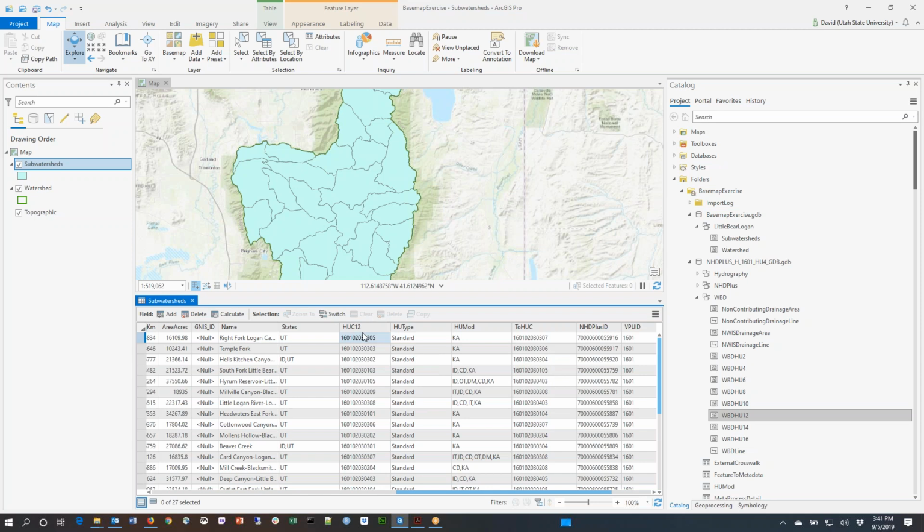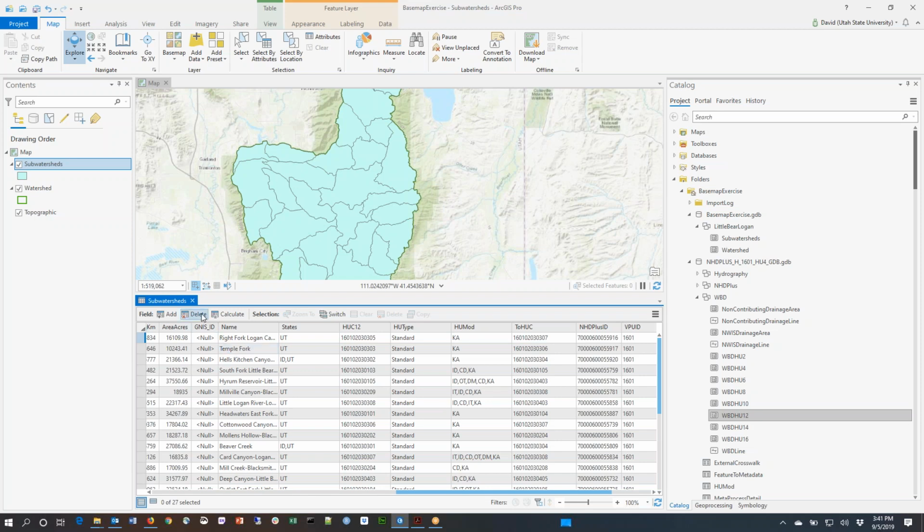But I might be interested in coloring this, for example, based on the HUC 10 watersheds, which are these watersheds here, but just dropping off the last two digits. So I'm going to do that for the purposes of also showing you how to manipulate data in these tables, add data to the tables, do some calculations with it, and that'll hopefully get your creative juices flowing about other useful things you might be able to do with data, working with tables and